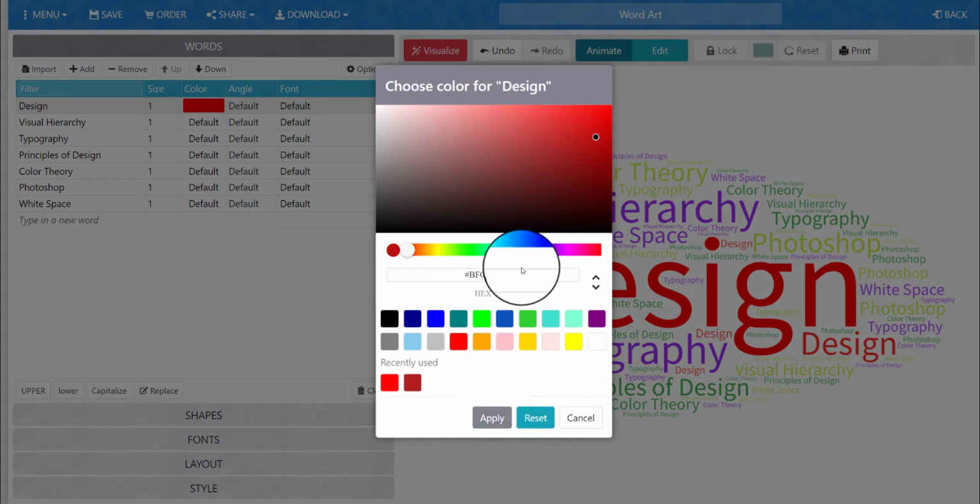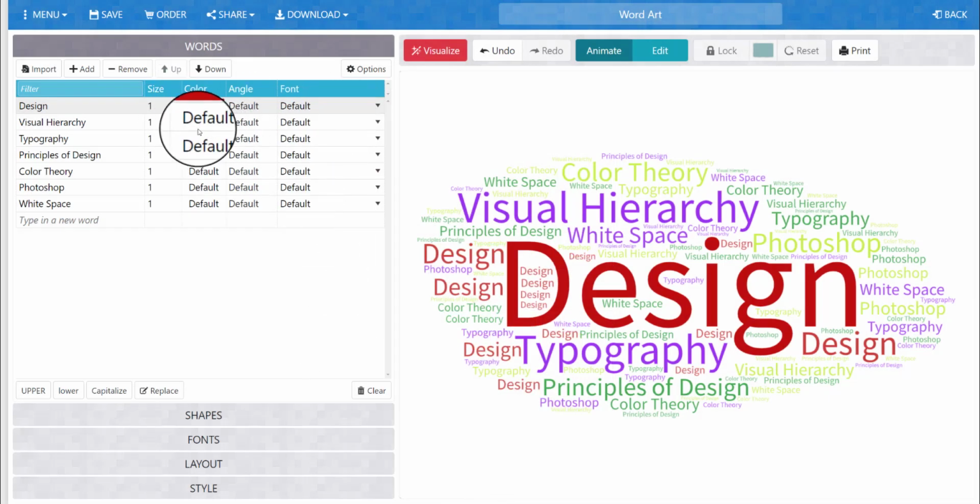You could always go in and, using that color hex code site that I had given you guys before, put in specific colors that you may want to use in your word cloud, but right now that's not really that interesting to me. So I'll just use the pre-made swatches. Okay. I can go back and definitely edit the colors momentarily, but first I want to